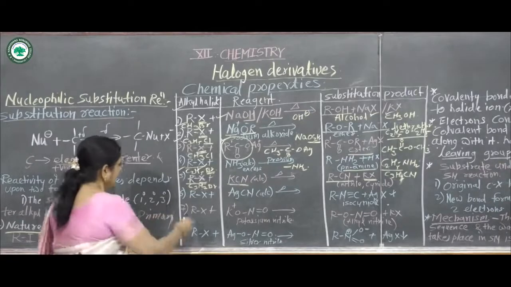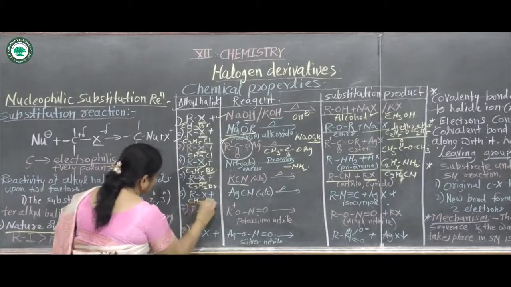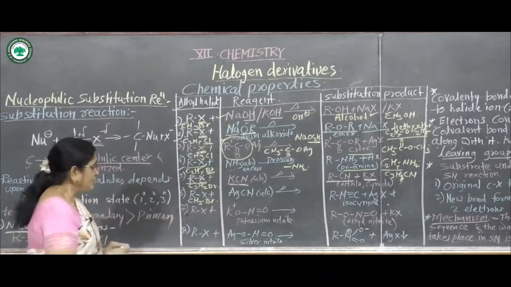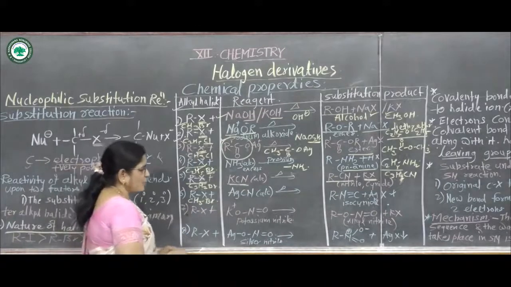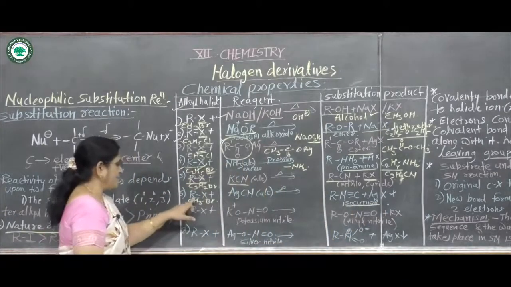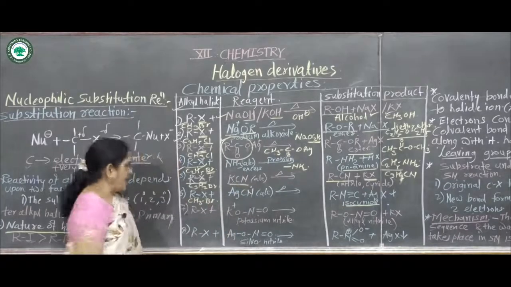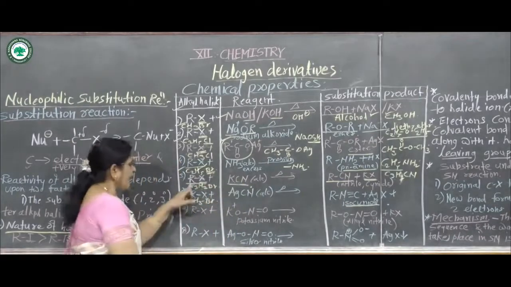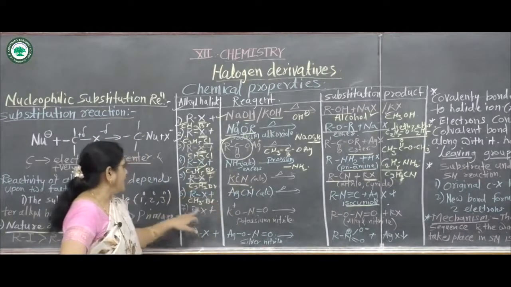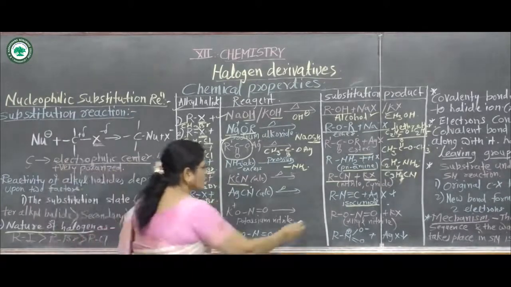Then the next reaction, that is alkyl halides, for example here CH3Br, alkyl bromide. If this reacts with silver cyanide, then it forms the product isocyanide and not cyanide. The carbon atom of this alkyl group is attached to the nitrogen atom here, whereas in the reaction with cyanide, this carbon is attached to the carbon atom, forming a carbon to carbon bond. If this reacts with silver cyanide, it gives the product isocyanide.